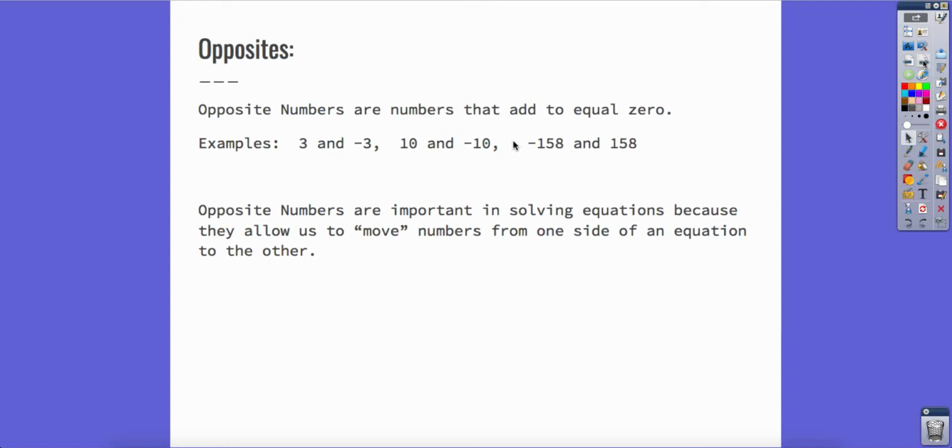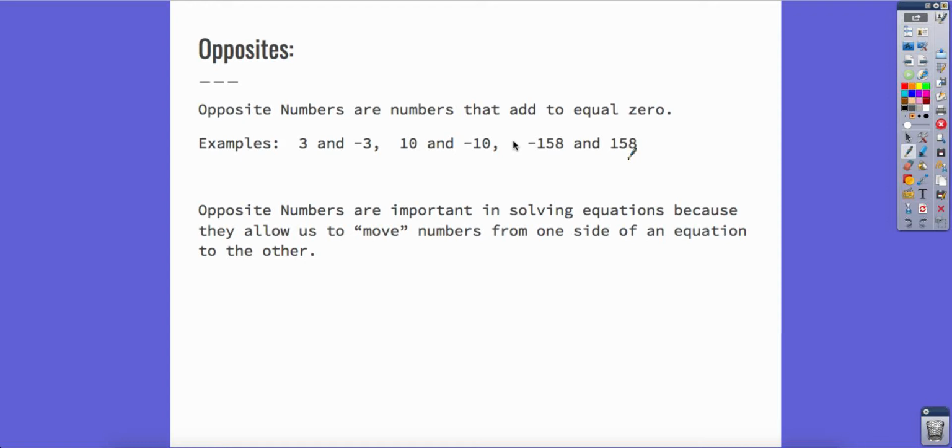Opposite numbers are numbers that add to equal 0. Examples of that are 3 and negative 3. If I take 3 plus negative 3, I get 0. If I take 10 and negative 10 and add them together, I get 0. If I take negative 158 and positive 158 and add them together, I get 0. In other words, a positive and a negative of the same number add up to equal